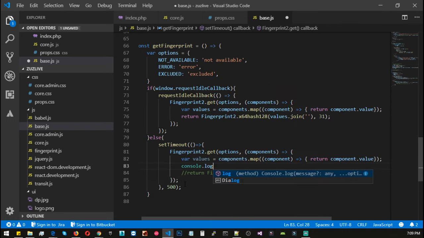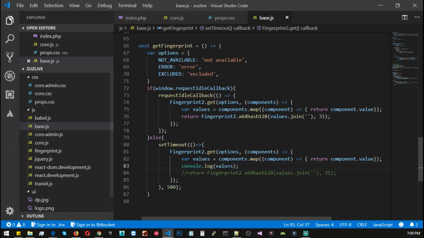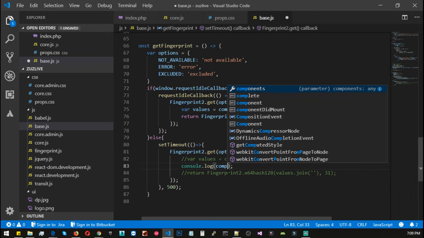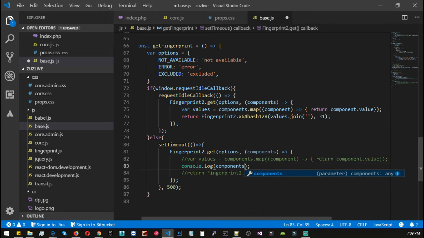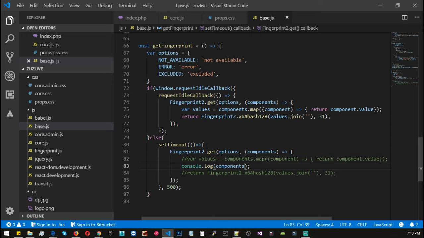Let's really quickly console.log values and console.log. It is undefined, nothing right here. And let's add components. If we can check for components,